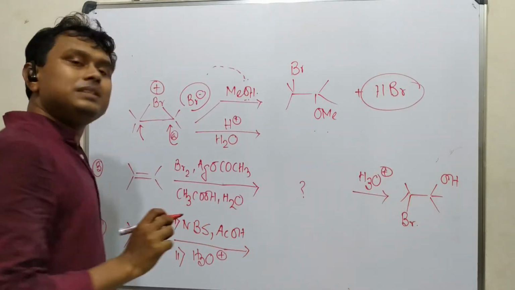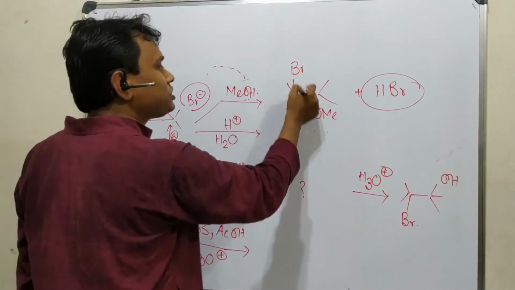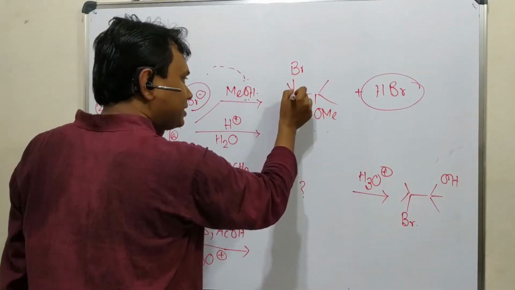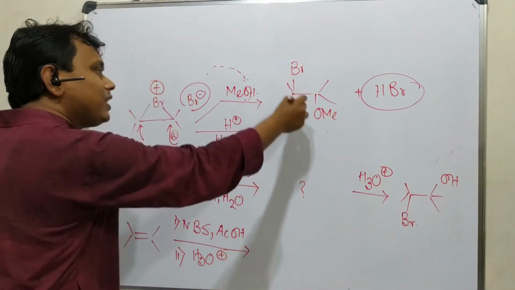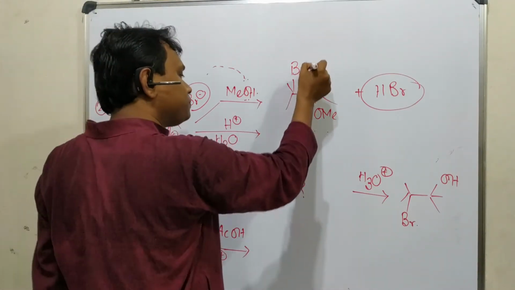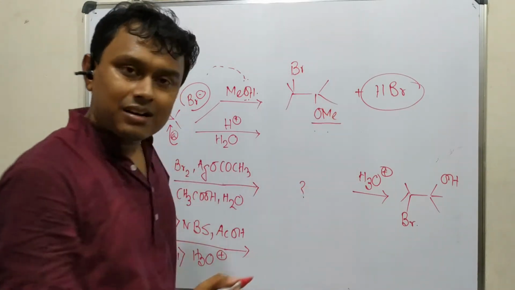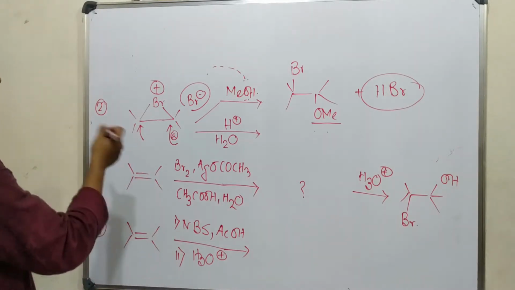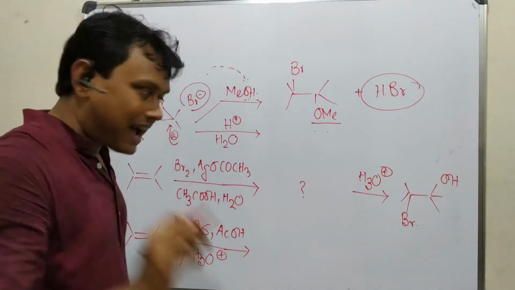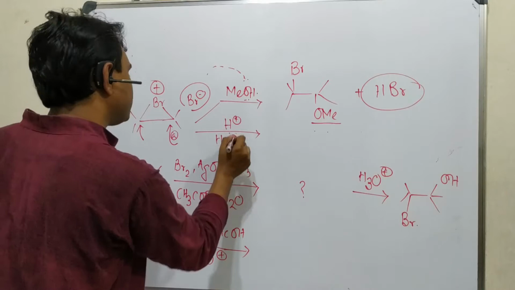Fine. So this is the ether formation. This is the halo ether formation. This is the halo, which means bromo, and this is the methyl ether. Okay, fine. Similarly, if we take acid in terms of dilute acid and water, if we produce, so what will